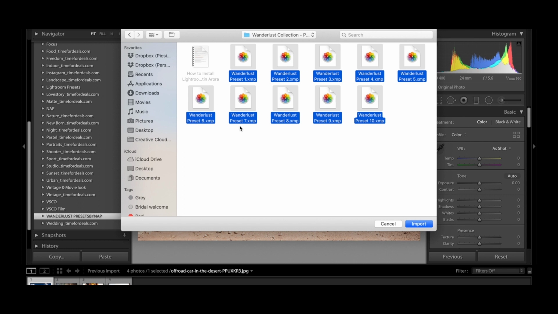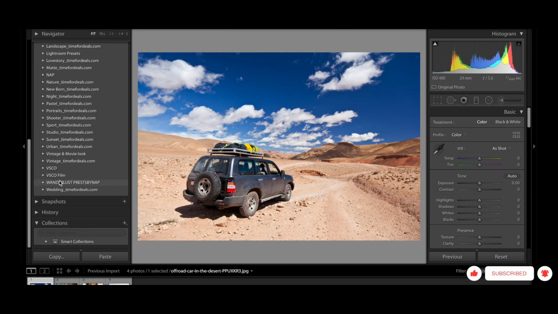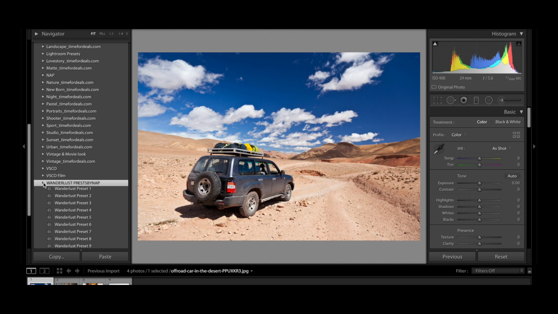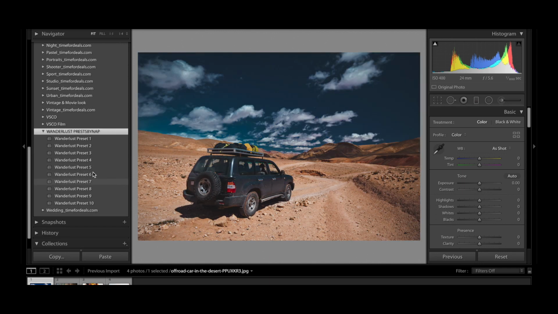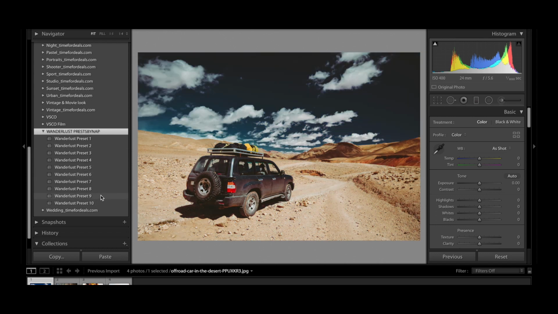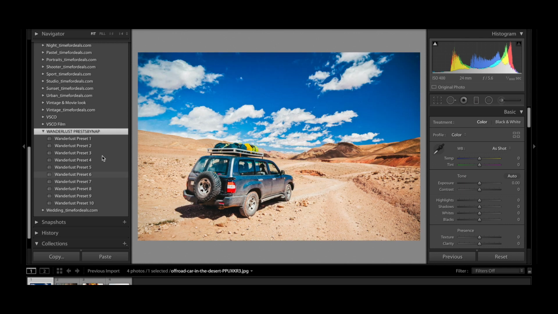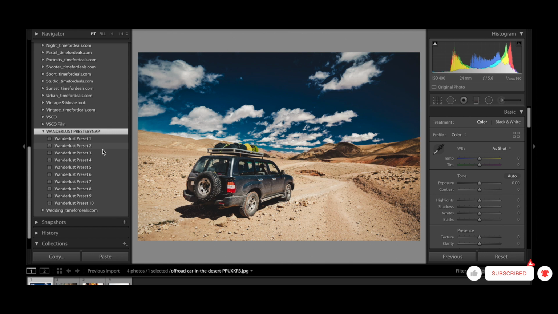As I told you guys initially, these are the actual presets. So I'm just going to select them all and then I'm going to say import, and we can see that Lightroom has imported them, and here in the presets panel we can see the list of presets that came into the folder, which is the Wanderlust Presets by NAP folder. And now you can see all the presets listed here. I can go and scroll on each one of them, just to see that every preset is working. Okay, so I have imported all the presets and you can see them listed here in the preset panel.